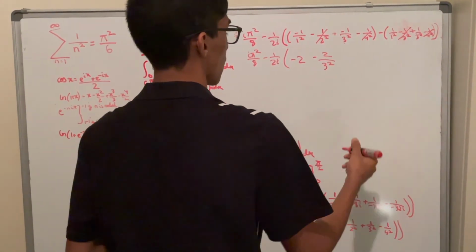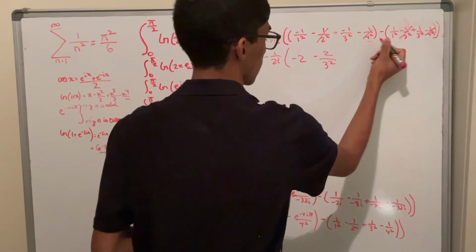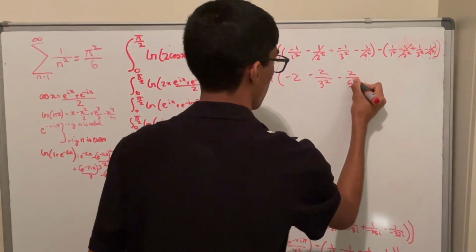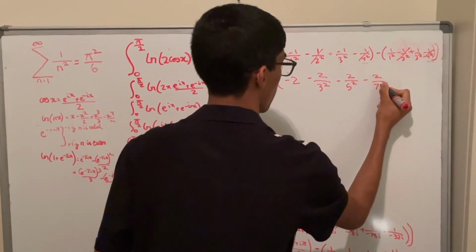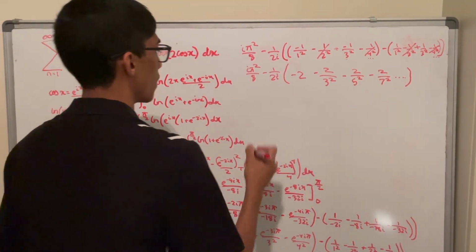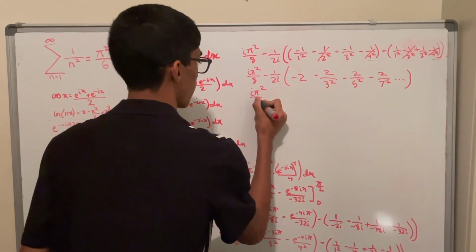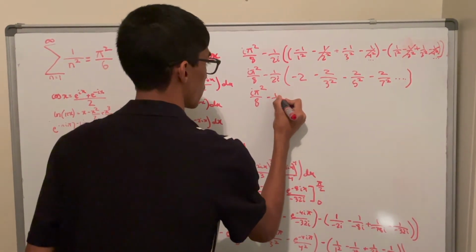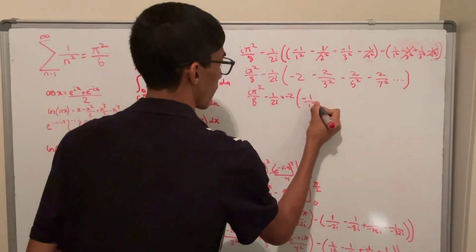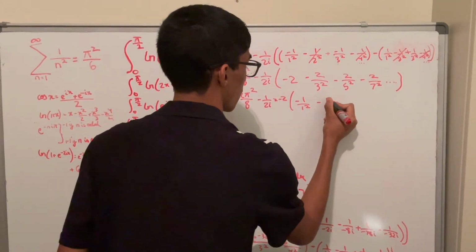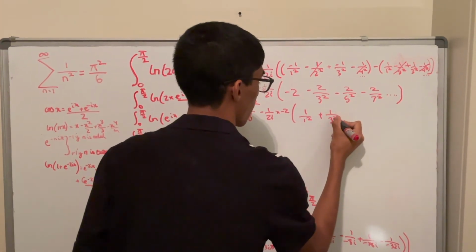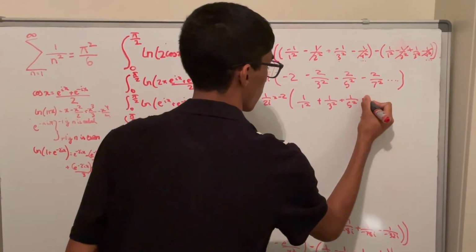And because these two parts of the integration extend to infinity, we have minus 2 over 5 squared minus 2 over 7 squared, again extending to infinity. Now we can take minus 2 common again, so we have i pi squared over 8 minus 1 over 2i times minus 2. Now we have minus 1 over 1 squared plus 1 over 3 squared plus 1 over 5 squared plus 1 over 7 squared,